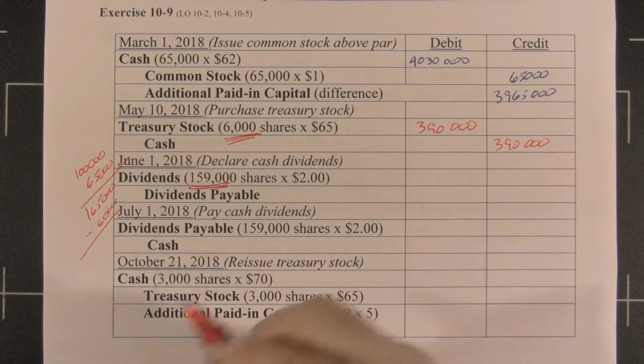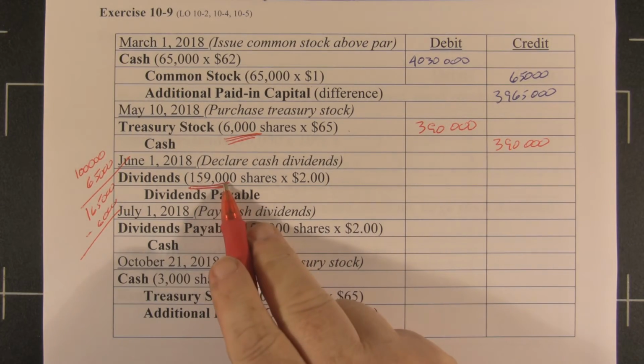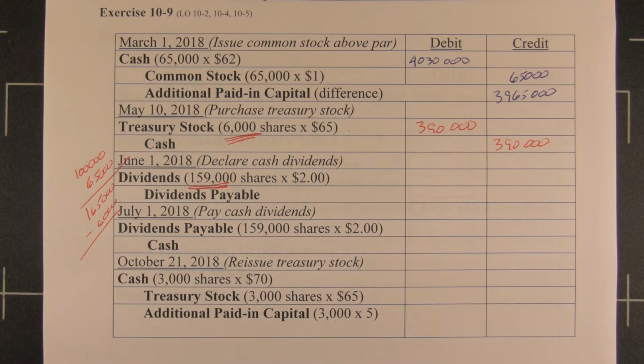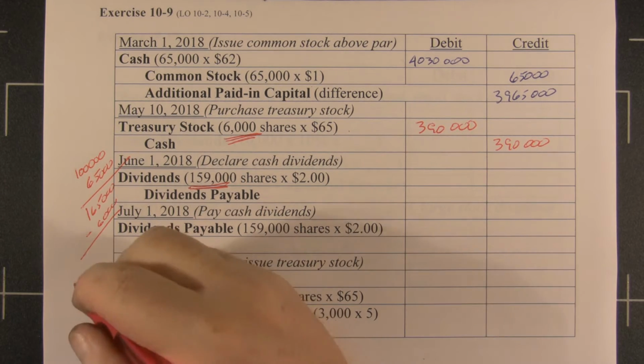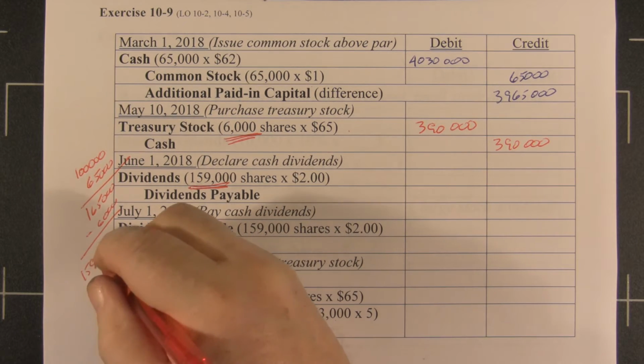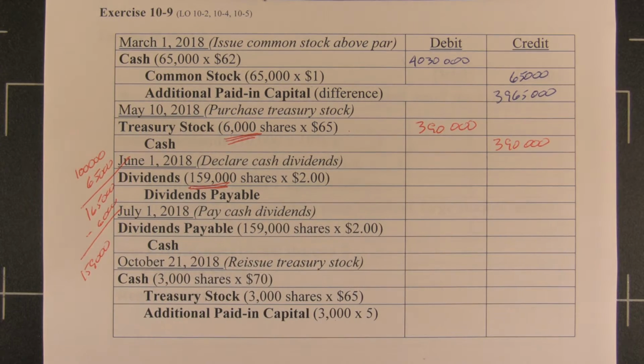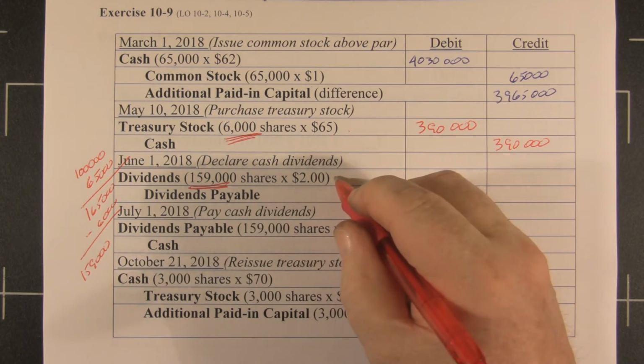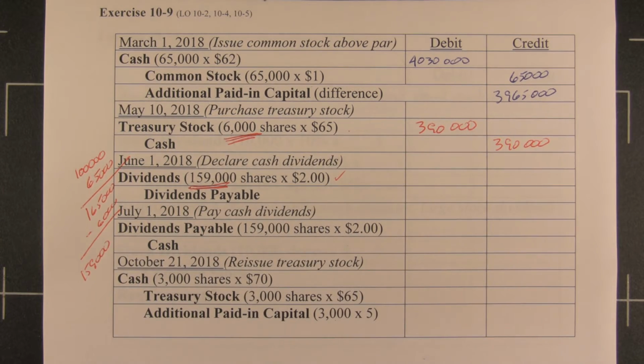So our balance is 159,000 shares outstanding, 159,000 shares issued and not bought back for treasury, and each one of those gets $2 per share, for a total of